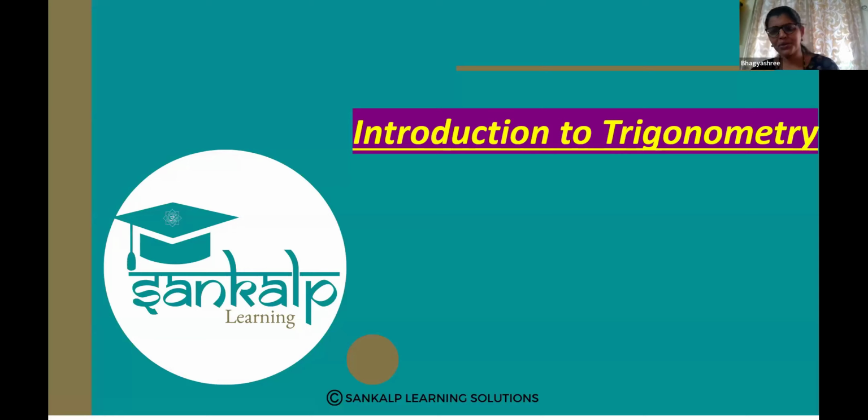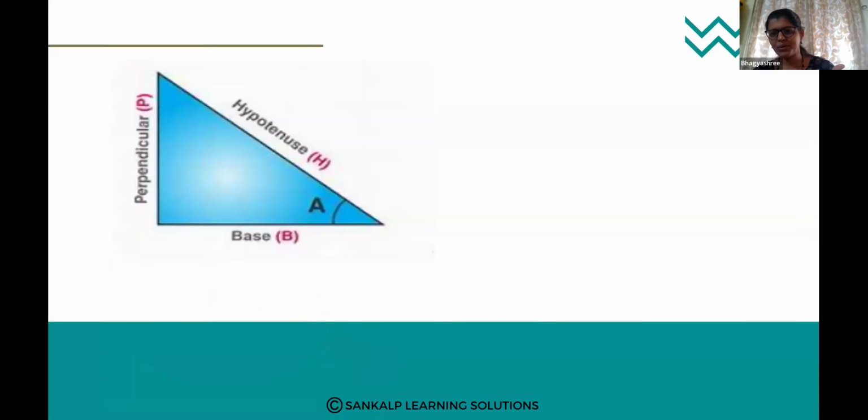Okay. Introduction to trigonometry. So, trigonometry means what? We have already studied about the triangles. What do you mean by triangles? And types of triangles, right? Acute angle, right angle, next, obtuse angle, right? So, acute angle is less than 90 degree. Right angle triangle means one angle is 90 degree and obtuse angle means one angle is more than 90 degree, right? So trigonometry. Trigonometry means